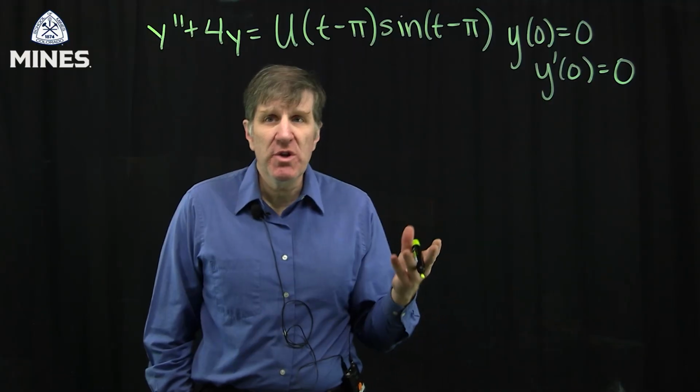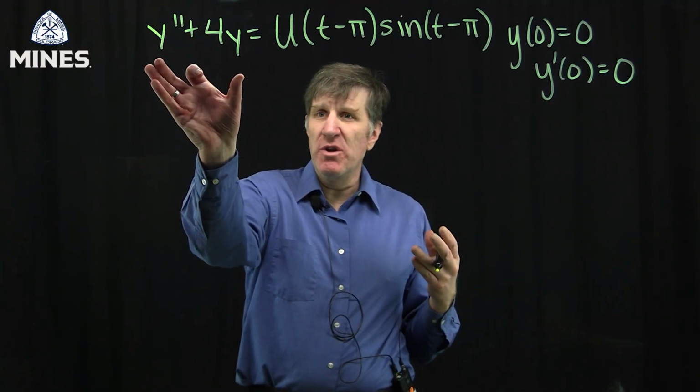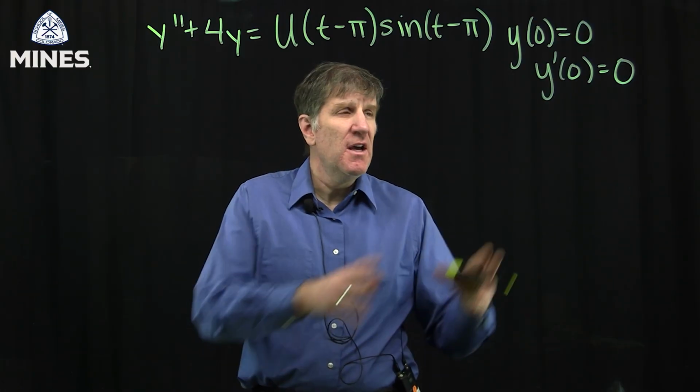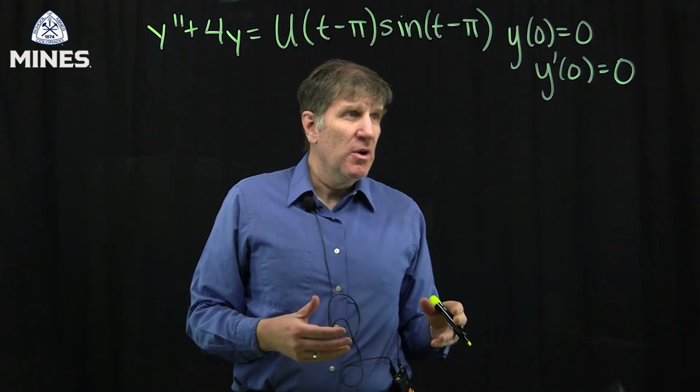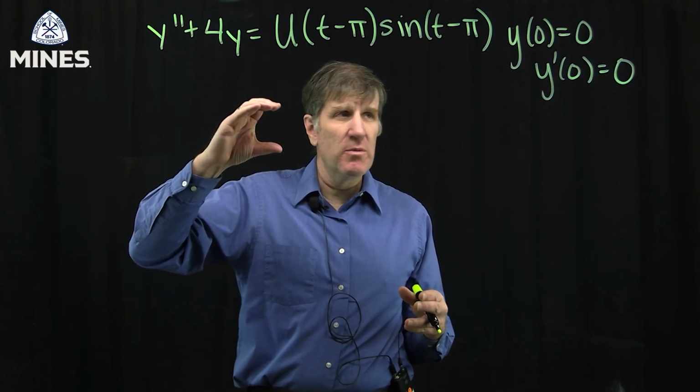We're going to solve a differential equation involving a step function. And we have just a normal differential equation, and we have this step function on the right-hand side. Our initial conditions are both zero. That means if this is a spring mass problem, then the spring mass is starting at equilibrium and starting with